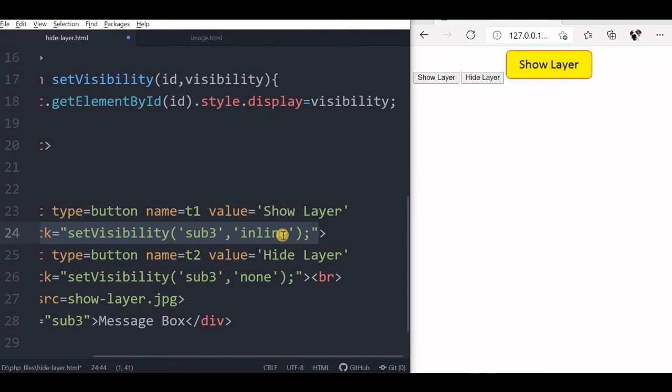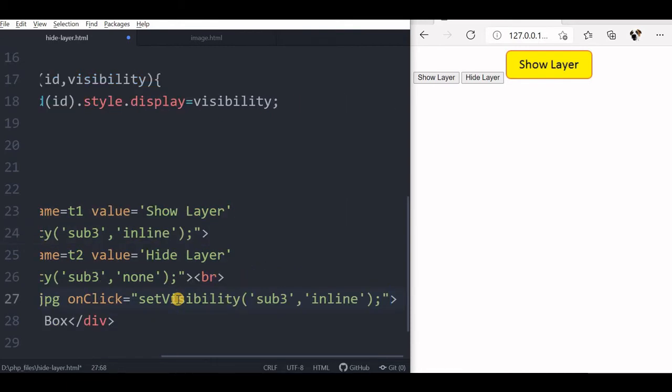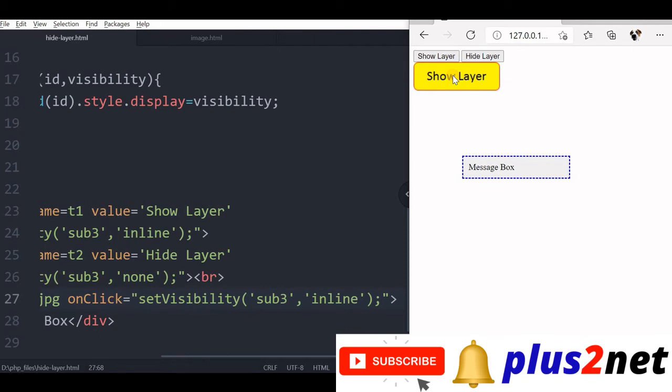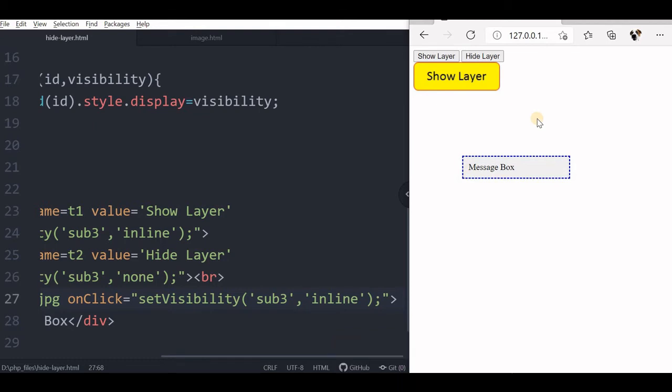I will just copy this and paste it here. Let's see how it works. I saved it, refreshed. Now I'll say show layer. Yeah, it's displayed. Now I can hide it and I can show layer. If required, one more image also can be displayed. So the image also can be used as a button here to display the message box.